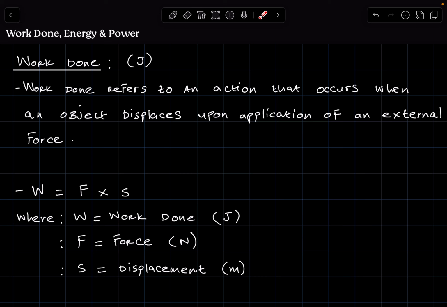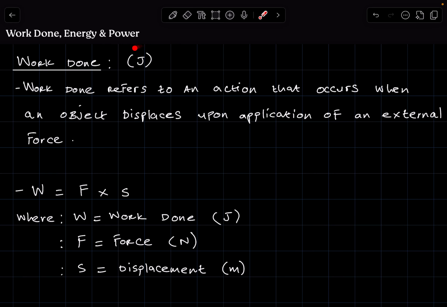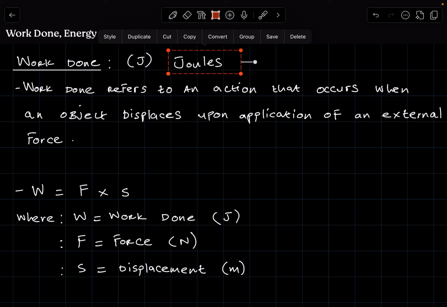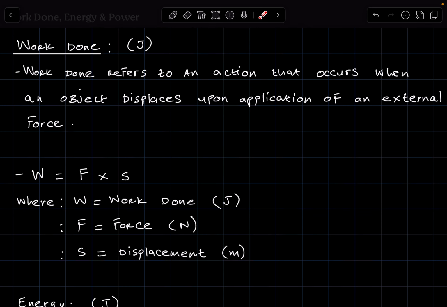Now let's first look at work done. The units of measurement of work done is joules. So the J stands for joules. Now what is work done? Work done refers to an action that occurs when an object displaces upon application of an external